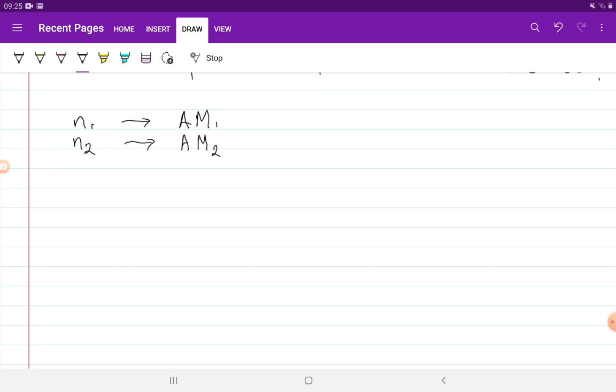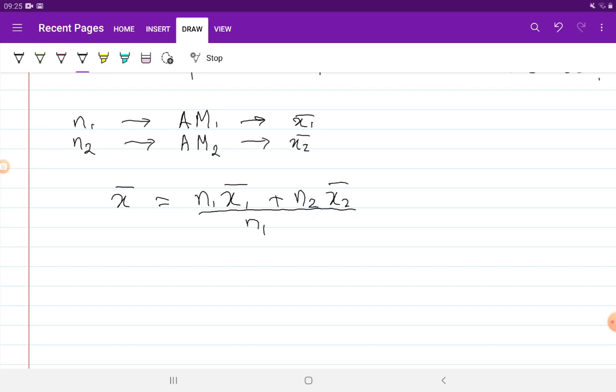In this situation, I can always find the combined arithmetic mean of the two groups. The formula for doing that: let me denote them by x1 bar and x2 bar. So the combined arithmetic mean x bar will be n1 times x1 bar plus n2 times x2 bar, divided by the total number of observations,